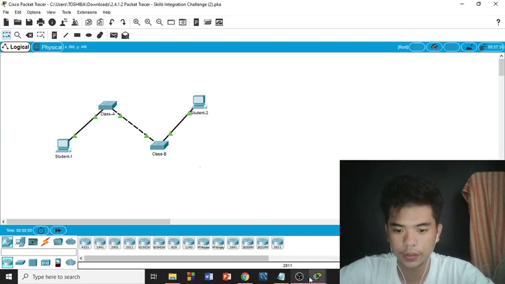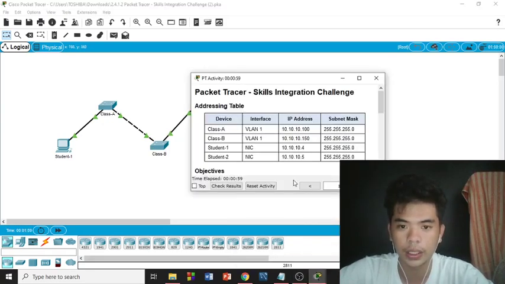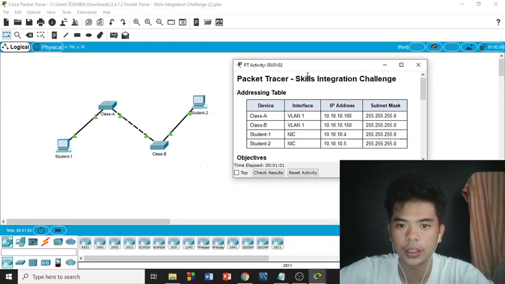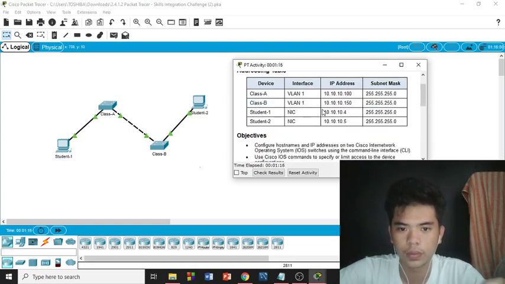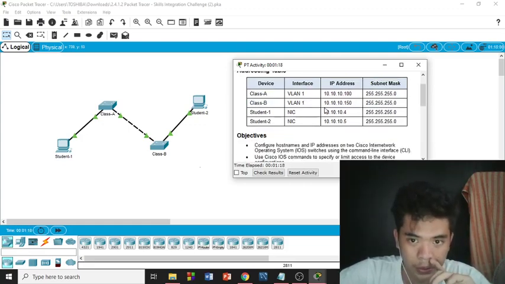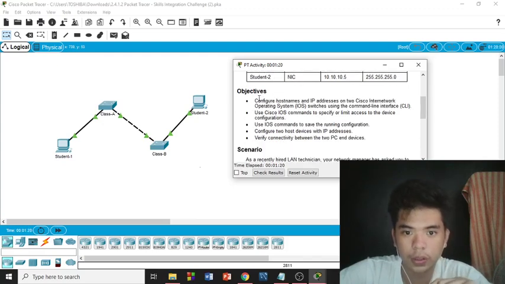So in this activity, we are given a Packet Tracer activity entitled Skills Integration Challenge: Addressing Table. There are device, interface, IP address, and subnet mask. There are objectives: